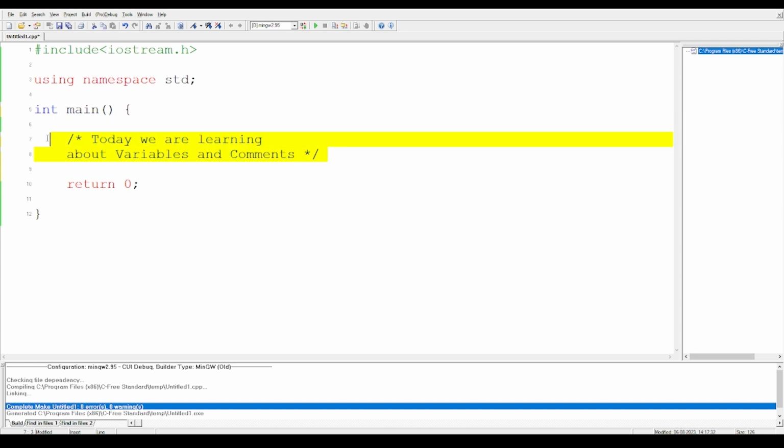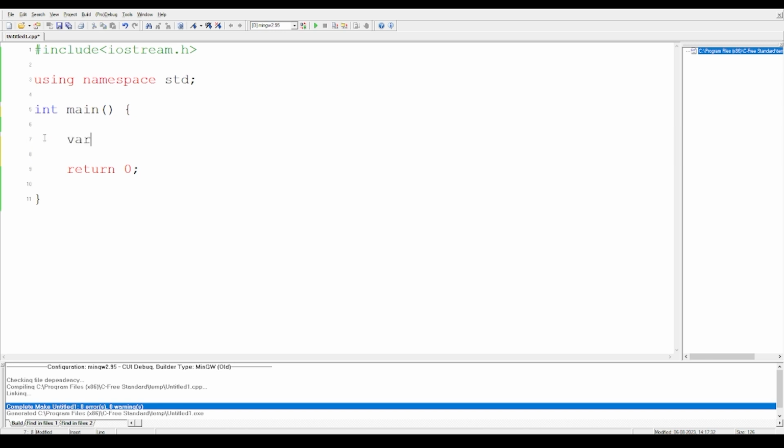Next up, we will come to variables. An extremely important topic in C++ as well: what is a variable? Now when we have to learn about variables, it's very simple to understand this way, that it is simply a location in the memory of the computer which we give a name. So this can be a formal definition of a variable: a location in memory which we give a name.